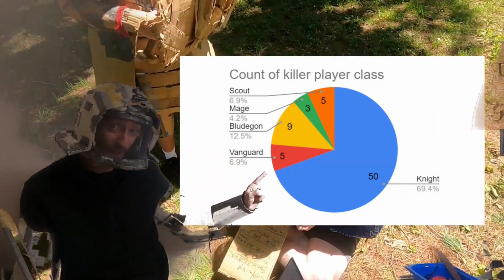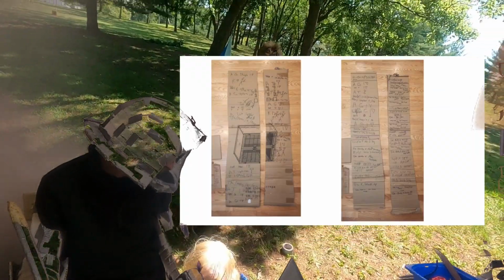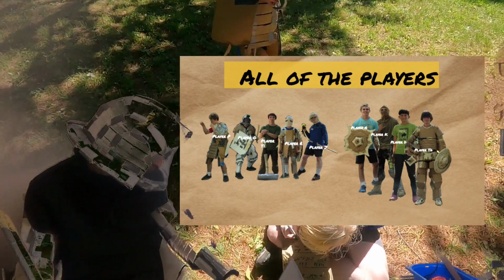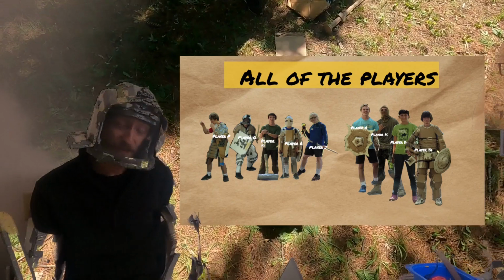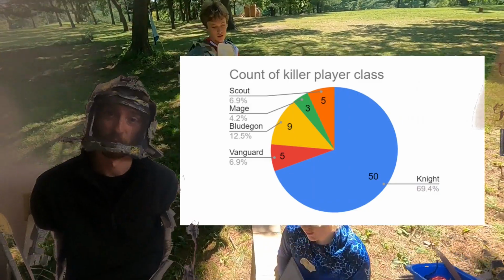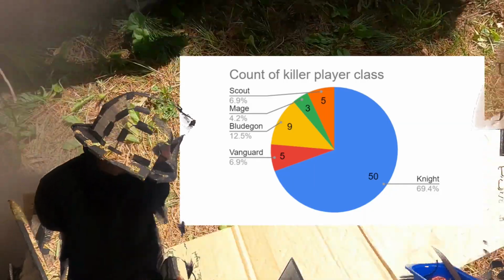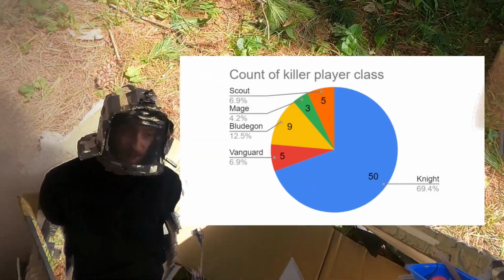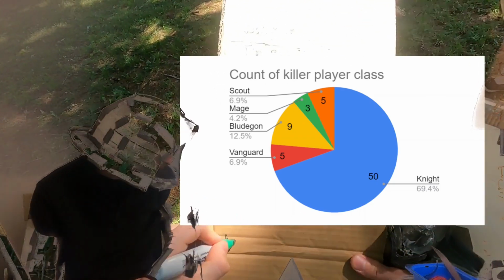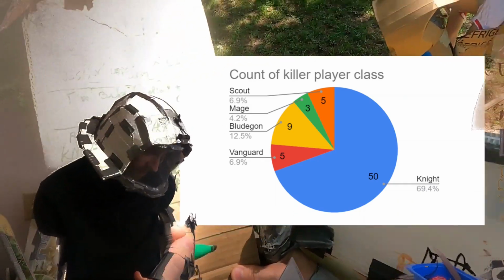This has got to be my favorite pie chart, for sure. Of course, if we go back to what all the players were, we have player P, G, player R, player K was a knight as well, and player TA. So 5 out of the 9 players were all knights. And we had more than that represented in kills. So knight is definitely a very effective class. It is obviously here the most effective class, while there are some statistical weird things because they were so overrepresented. But yeah, 50 kills out of the 72 is very impressive at 69.4%.